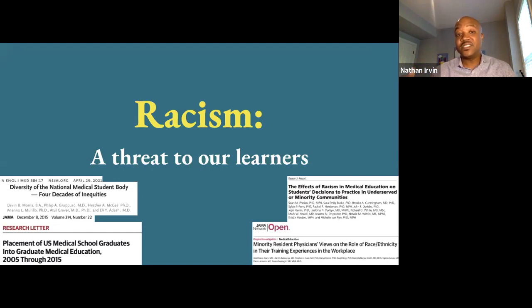Additionally, data suggests that learners' experiences with racism, both structurally and personally mediated during medical education, and an institution's engagement with anti-racist oriented activities like health equity curricula, inclusive environment, and addressing bias and creating opportunities for others, has been correlated with the likelihood that students are going to go in and work in underserved and primarily minority neighborhoods. And so this is critical if we're going to beat a lot of the health challenges that occur today. So addressing racism and creating inclusive environments is therefore critical for trainees and patients alike.